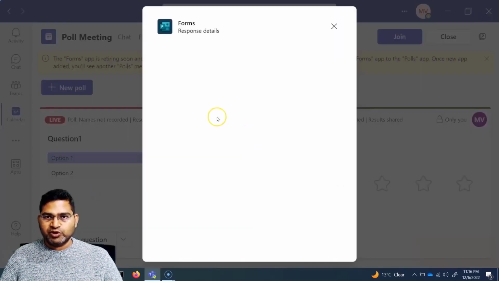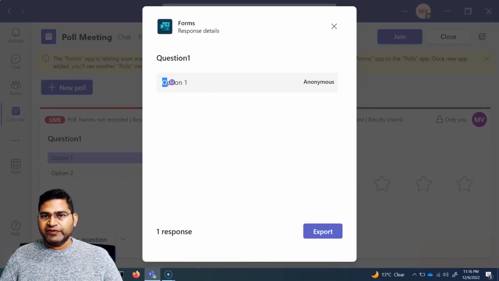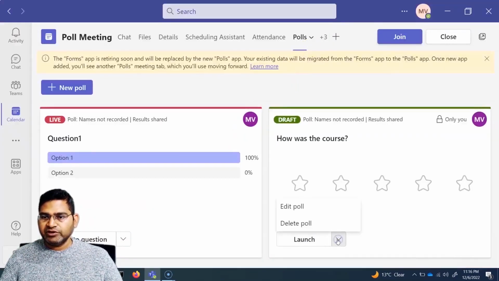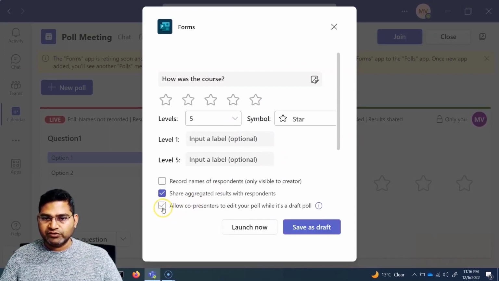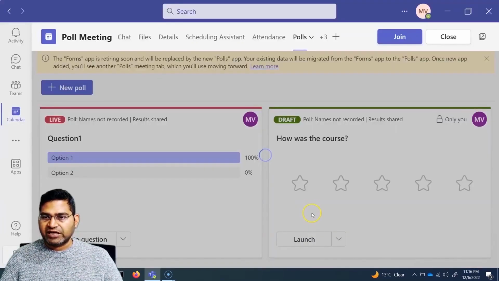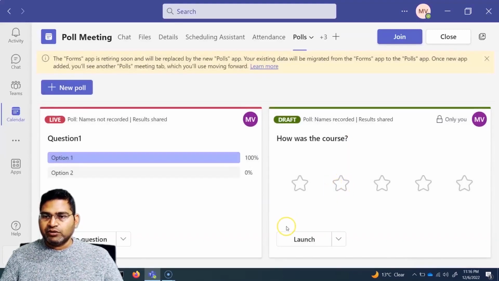If I click on response details, I can see that this option is from anonymous, because during the poll setup I had said not to capture who is responding. So let me edit this one. If I say allow or record the names of the respondents, only visible to creator, and I enable this option and click on save draft, which is the second poll,